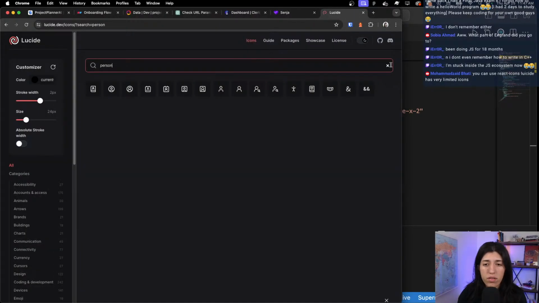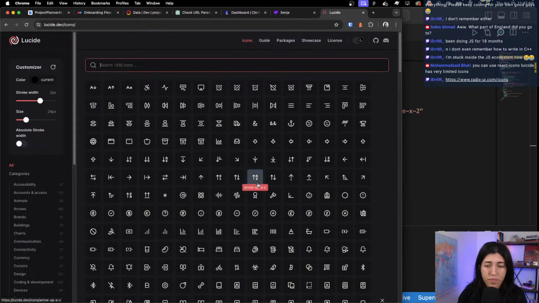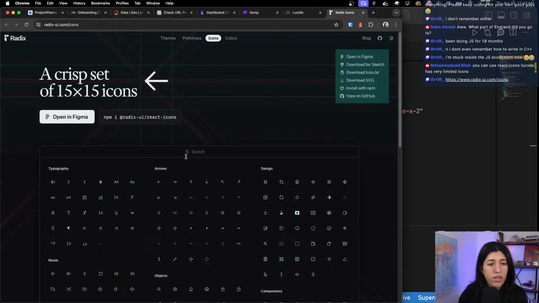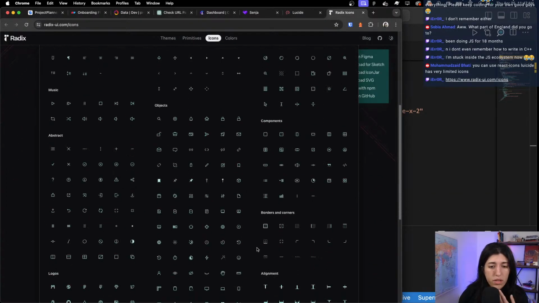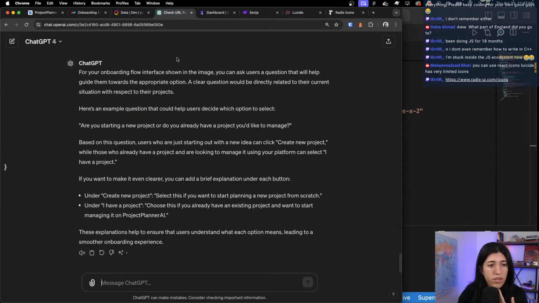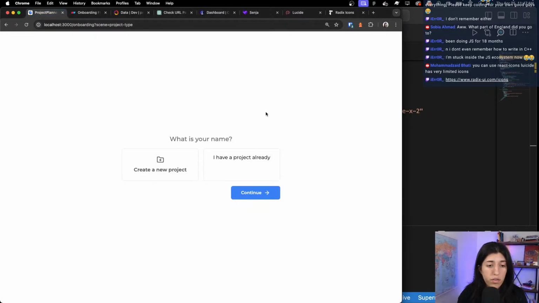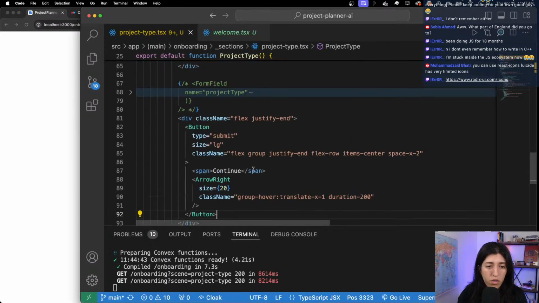What would be a good icon for that? Well, what would be a good icon to represent? Alright, let's see. A good icon to represent each. Let's see what they say. Create new project, or, and then when you hover over it,